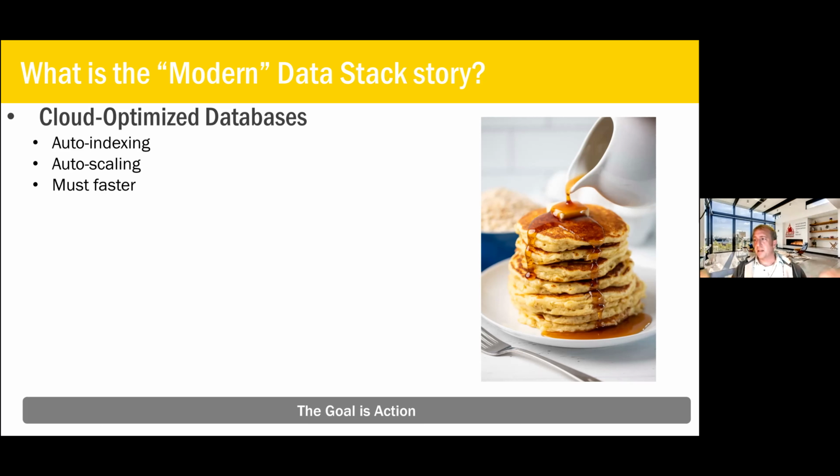They're automatically published with column store indexes, and they create them themselves. And so there are certain things that these databases can do and certain things that they can handle that previous databases had struggled with, and so they enable certain things that are kind of interesting. I don't know that the full implications of all the things that they can enable have really been figured out yet, but there are a few interesting things that I think have led to what people are calling the modern data stack. It's the ability of these cloud-enabled, cloud-optimized databases.